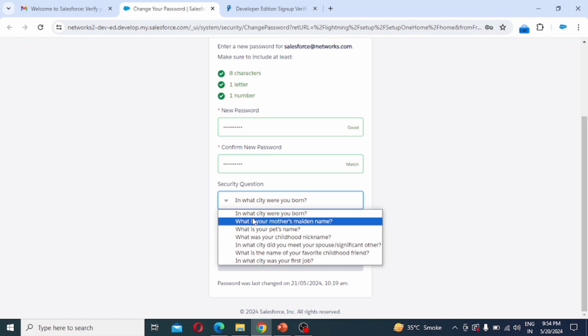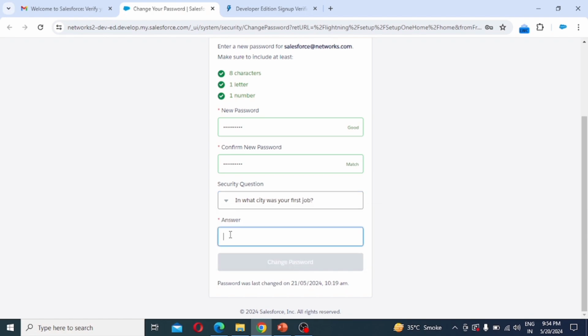Or you can change the security question from the drop down list. So I am going with: in what city was your first job? I am providing here Gurugram, and click on change password.